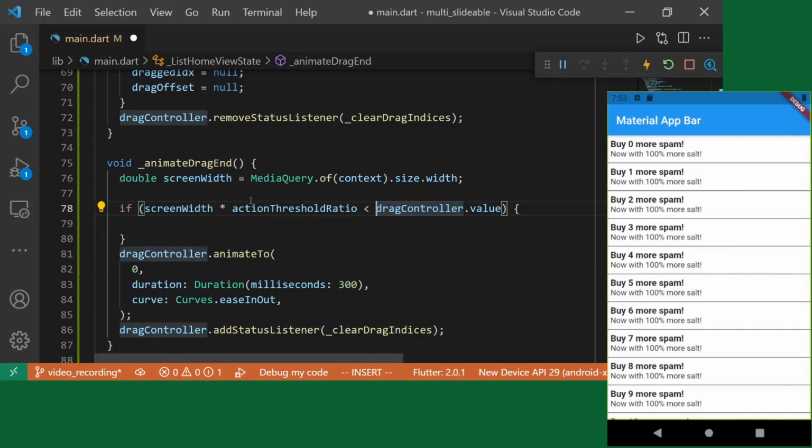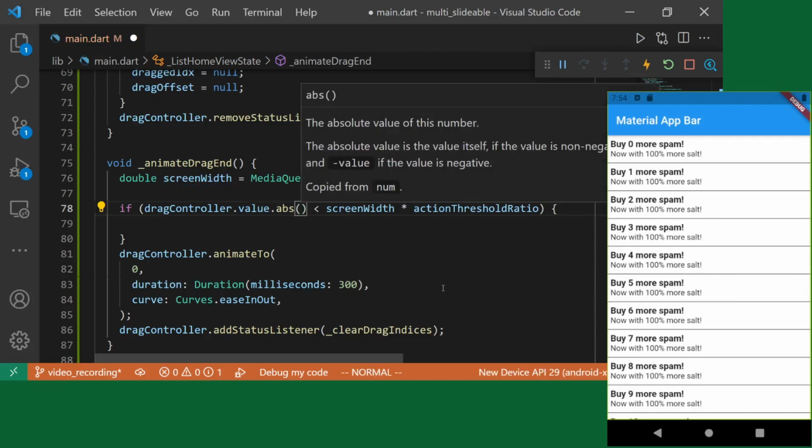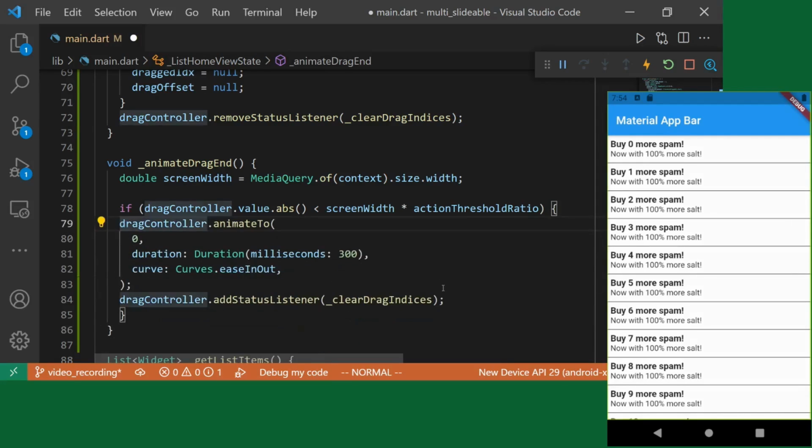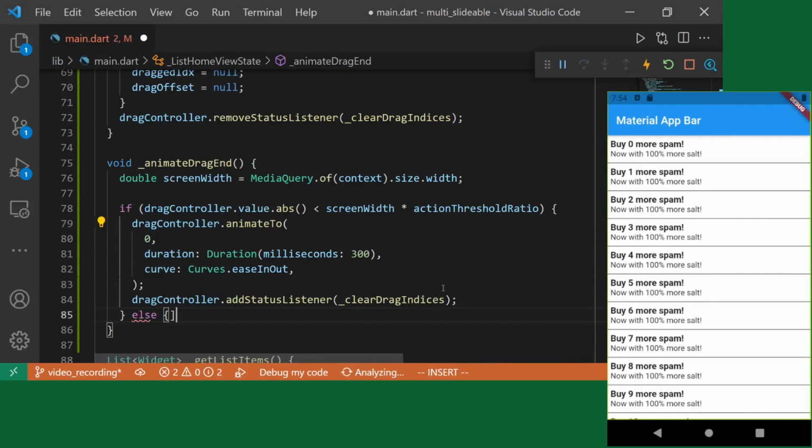All right, let's swap these just to make it slightly more reasonable. So if our drag controller value is less than the screen width times the action threshold, we're going to want to make this the absolute value because it can be negative. If the absolute value of the drag controller value is less than the screen width times the action threshold, we will do the same thing that we were doing before. So we'll say, else we will